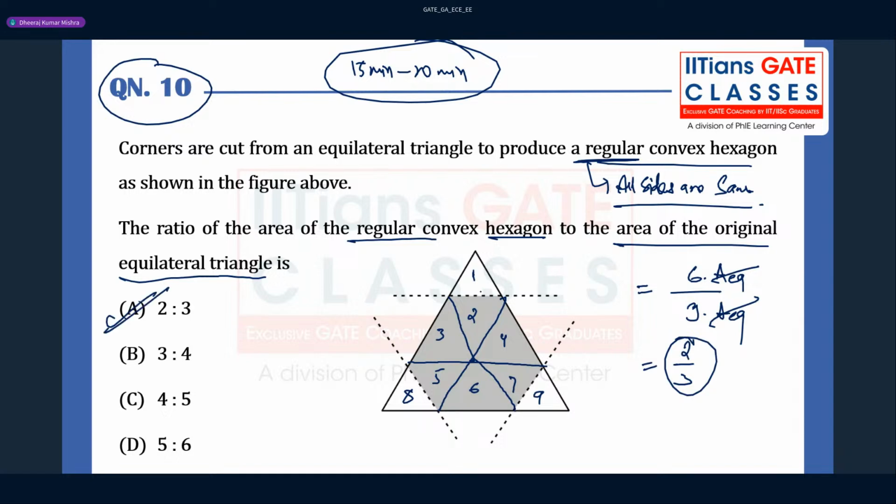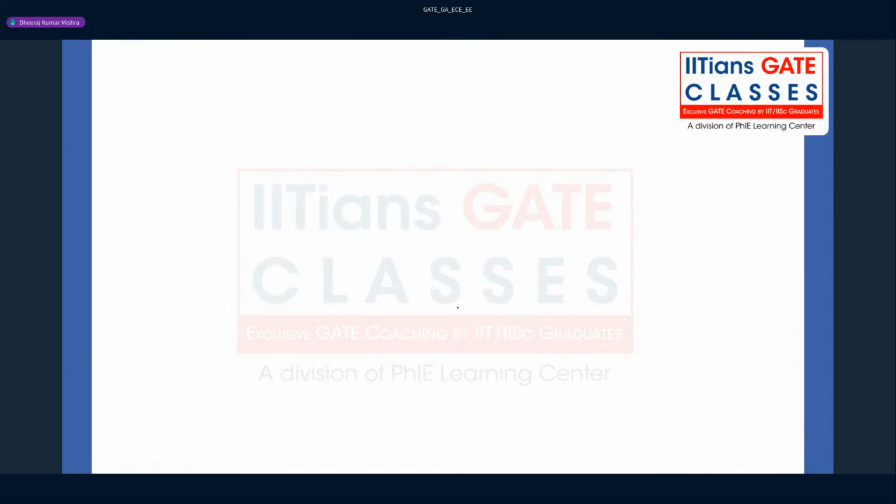Simply you have to calculate the smaller number of triangles which are inside the hexagon, that is 6, and the bigger. Since they are asking the ratio, the smaller area will get cancelled from top and bottom, and the answer will be 2 is to 3. So you don't have to use a formula here, but most of the books, if you refer,